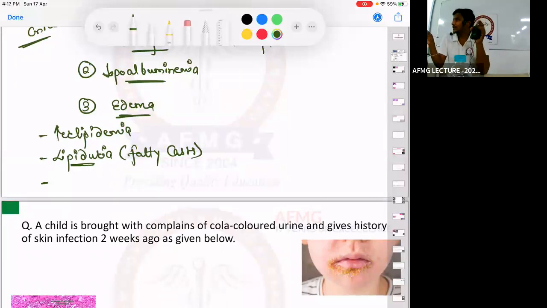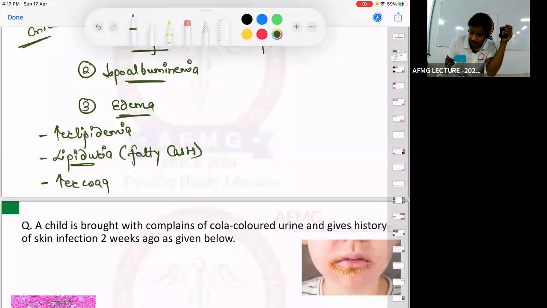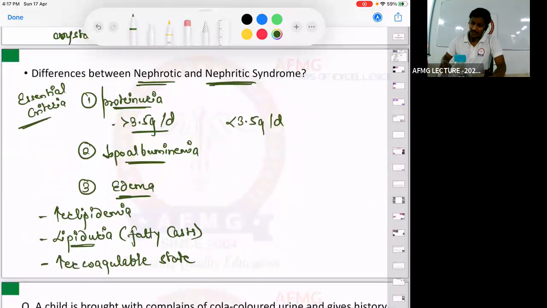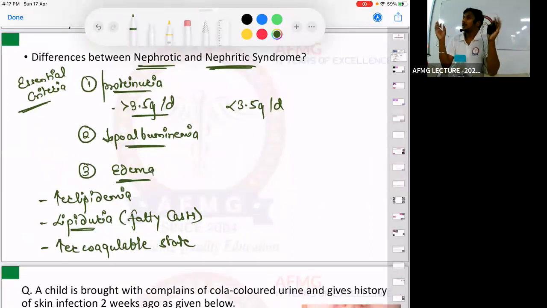And last one. Now proteins are lost. So protein C, protein S, antithrombin III, all these proteins would also be lost. These are anti-clotting proteins. So if the anti-clotting system is lost, the patient will have a hypercoagulable state. Okay, important. Next, if I talk about nephritic syndrome, guys, please remember, apart from a nephritic range proteinuria